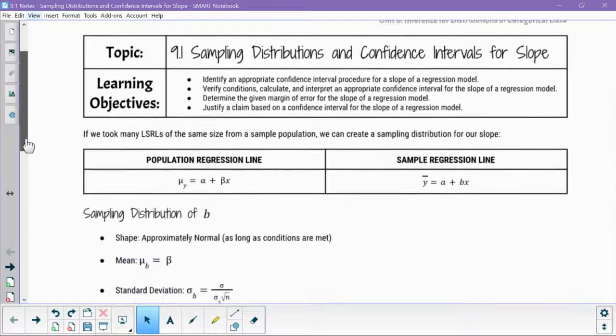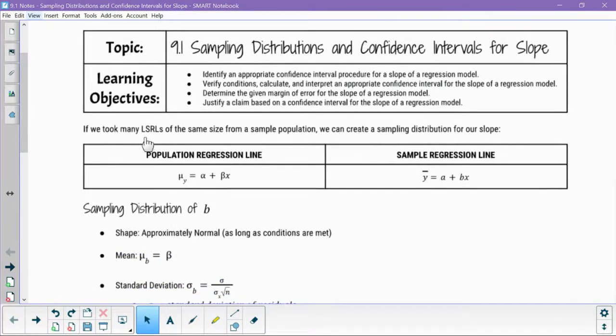So one thing I want to quickly go over, if we were to take many least squares regression lines, so linear regressions of the same size from a sample population, we're going to create a sampling distribution because every time you pull a new population, you're going to get a new sample regression. So the goal, and what you're generally trying to figure out, is what is the true population regression line? What is the real data? Now, it's nearly impossible because, again, a census is the only way that works, and most of the time, not really easy to do. So, what we do instead is we take samples, many of them, and we build up